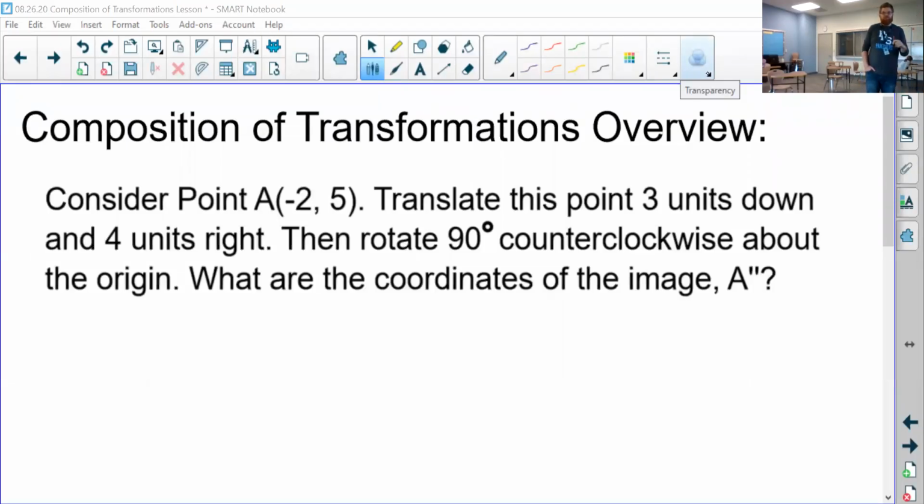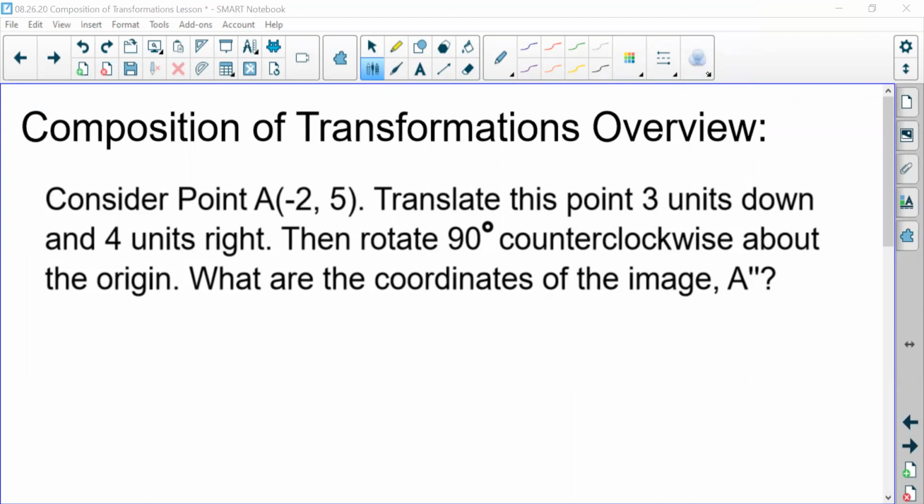Hello. In this video, we're going to give a quick overview of composition of transformations. So the last few days, we had been talking about reflections, translations, and rotations independently, and now we're going to put them together. So here, for this example,